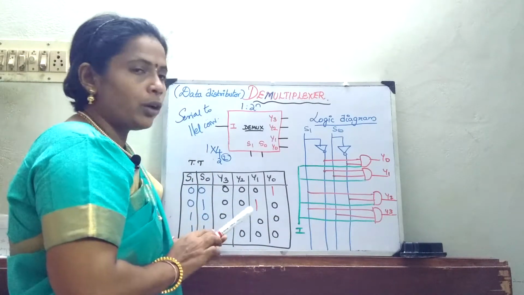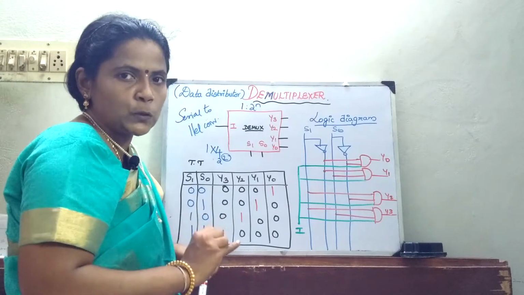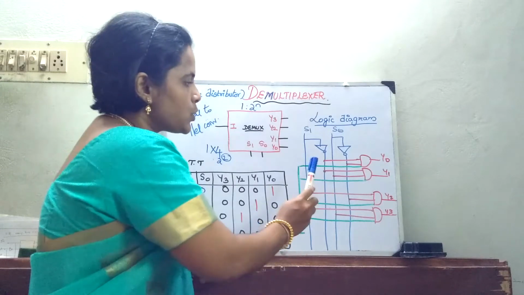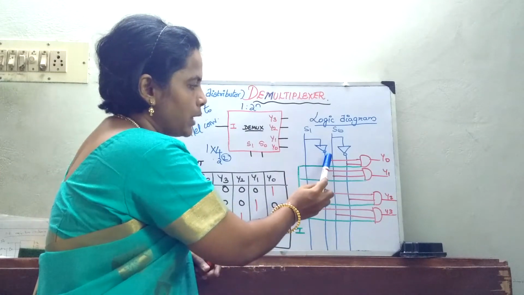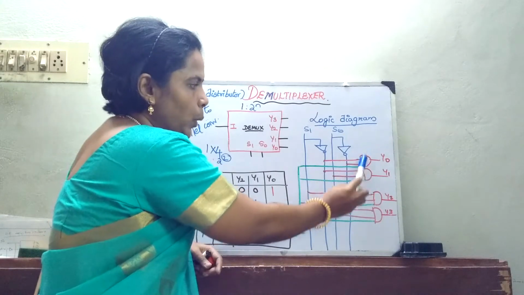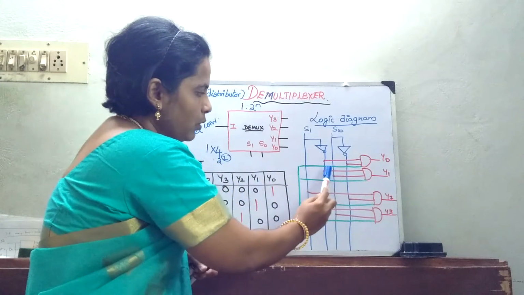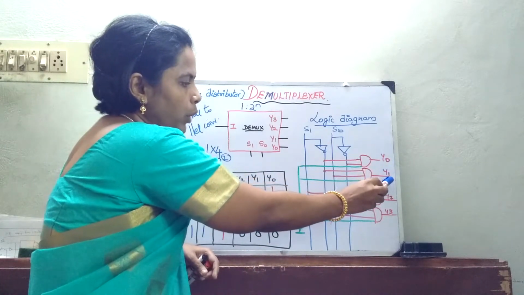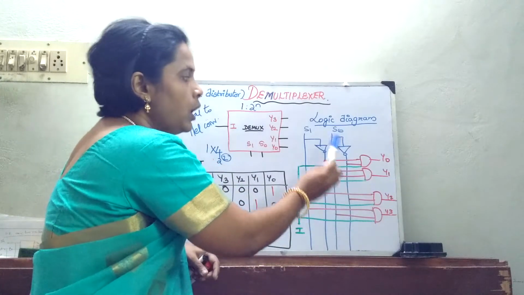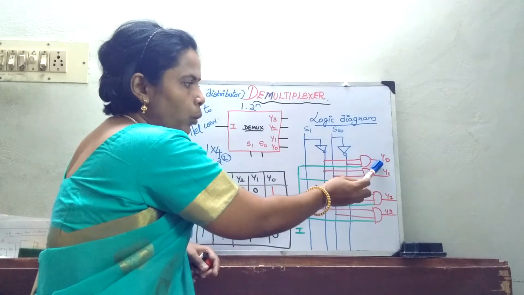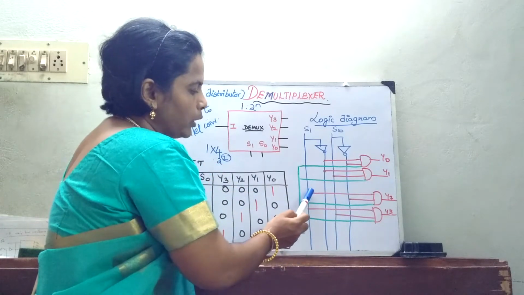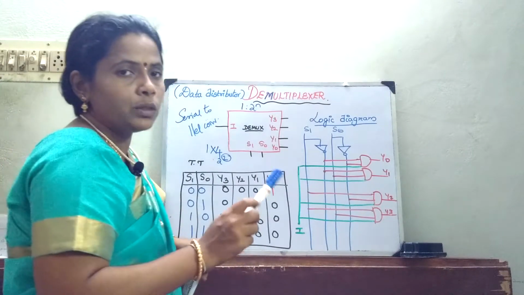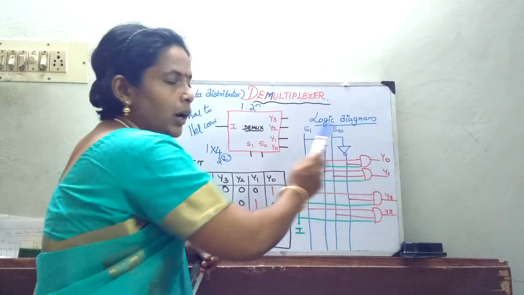Now what you have to do? How many combinations are there? 0 0, 0 1, 1 0 and 1 1. So accordingly, what I have done: 0 0 means S1 bar, S0 bar, which is shown in red color. So 0 0, 0 1, 1 0, 1 1. Now the 4 outputs have been drawn, Y0, Y1, Y2, Y3. If it is going to be 0 0, depending upon my select signal, my Y0 channel will be selected. Suppose it is going to be 1 0, in that case the Y2 channel is going to be selected. Now this completes your select lines and your outputs.